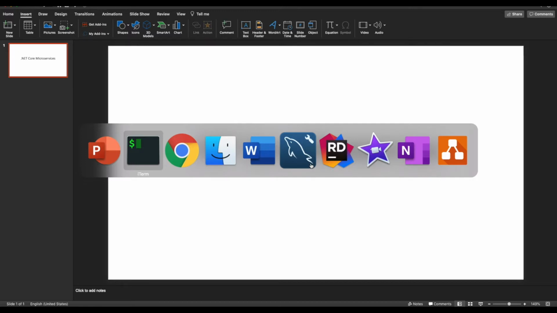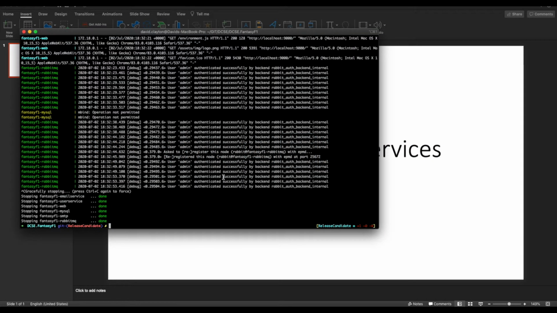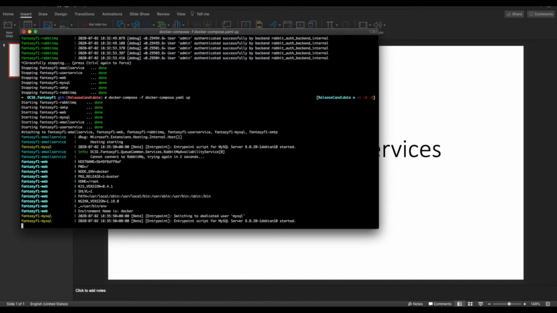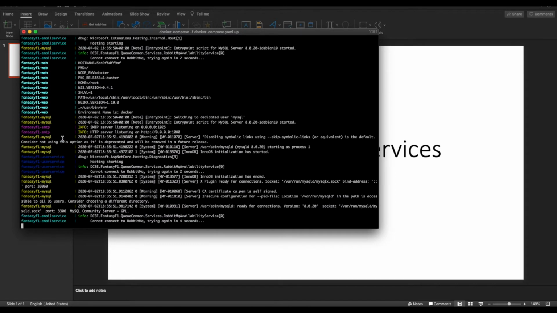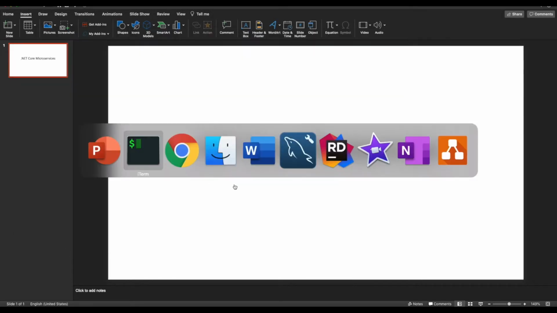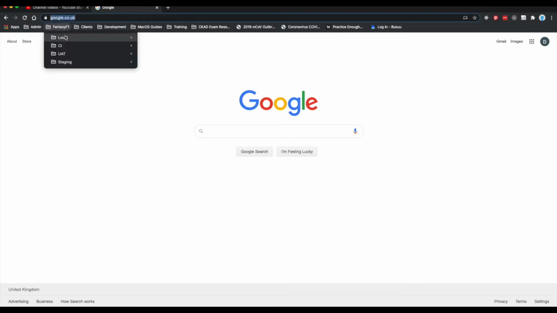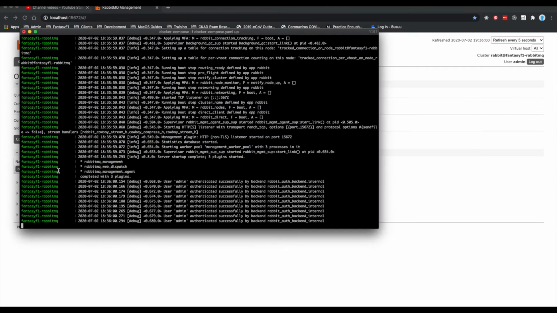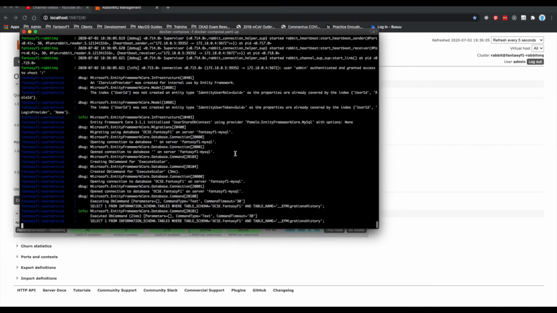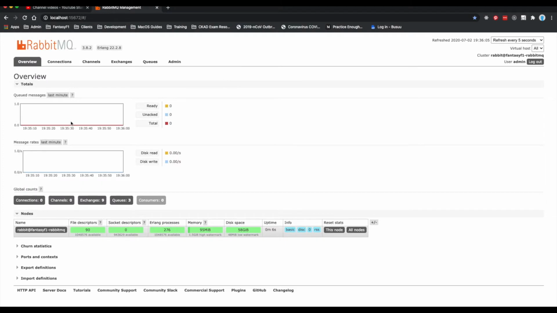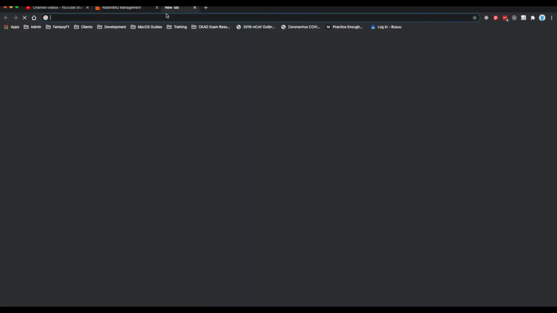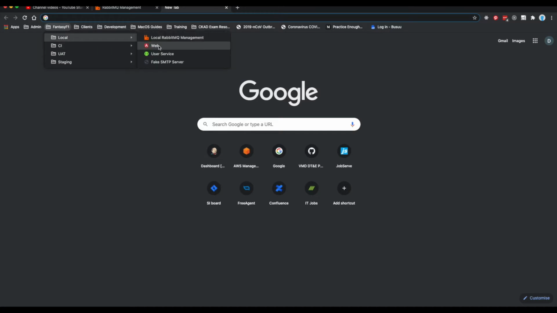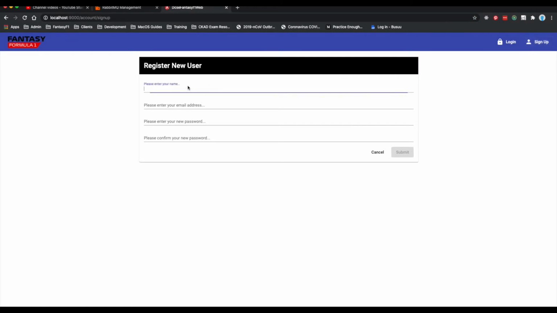how it works locally. So when developing locally, we have a Docker Compose file we can use to spin everything up. So if I use that, you'll see that is now starting up all the services. And what we can do is actually have a look there. So we've got RabbitMQ and all the various bits and pieces spun up there. So here we have RabbitMQ up and running, and if I was to look at the front-end website, you'll see it's very basic at the moment, but we could set up a new user